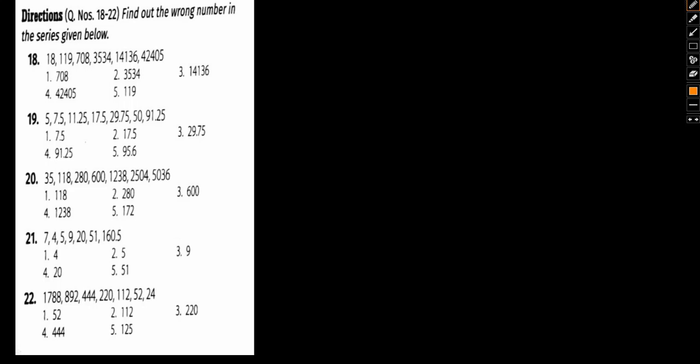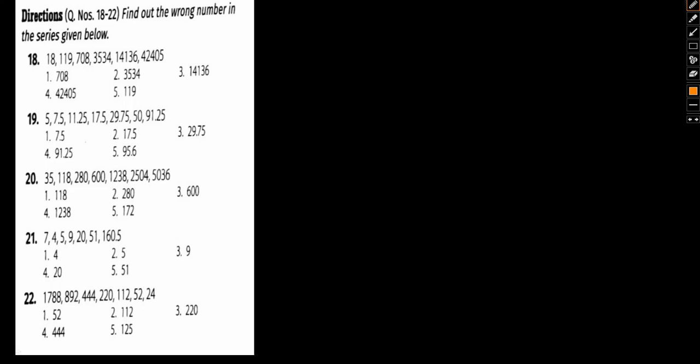But having said that, one thing should be kept in mind: although the pattern might seem unexpected, the questions were calculation intensive. That is, they involved a little bit more calculation, which in turn would make the entire section and the paper a bit more complex. So we'll focus on the kind of question that came in the examination, the wrong number series kind of questions, so that we can get a general idea on how to go about solving them.